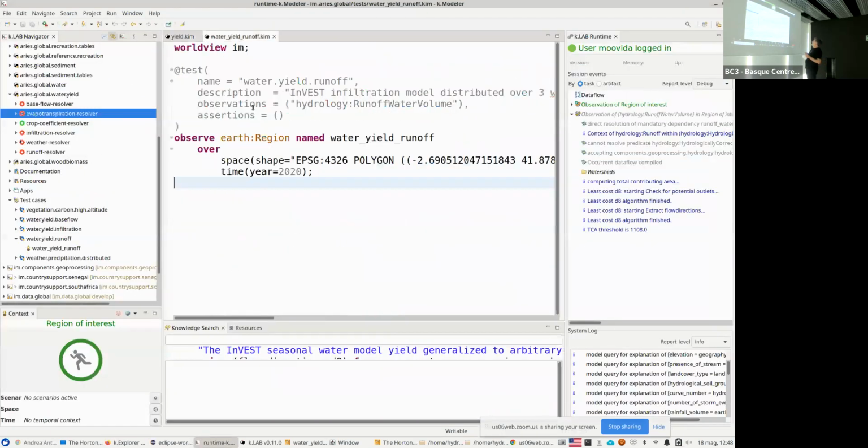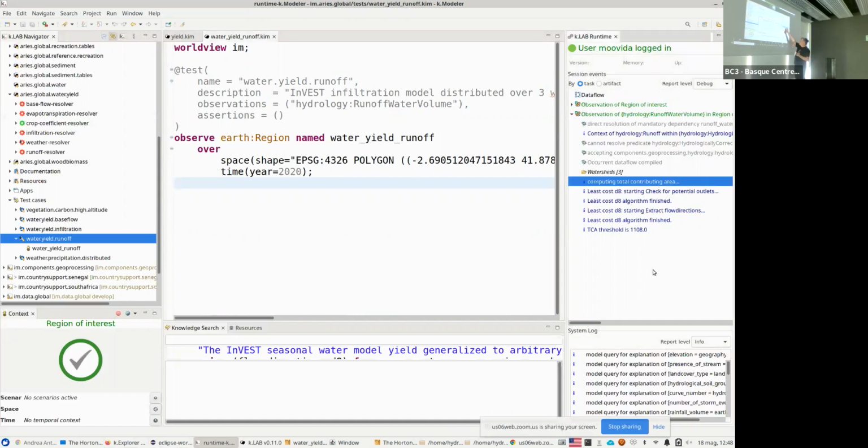Yeah, it's actually doing this already, so it's not necessarily a bad thing. It needs to compute at least one of them before you see the watersheds, so there is little fun in there. But as you can see here, these are the outputs of the Hortonmachine. This is k.LAB, but the outputs that the Hortonmachine is printing, will be printing in the console over there. It's now capturing them and printing them as outputs of k.LAB, and it's basically the same way that we integrated the Hortonmachine. We integrate a lot of other software that is offline. We don't always have the fortune of being able to work directly with the providers and the developers, but pretty often we are able to